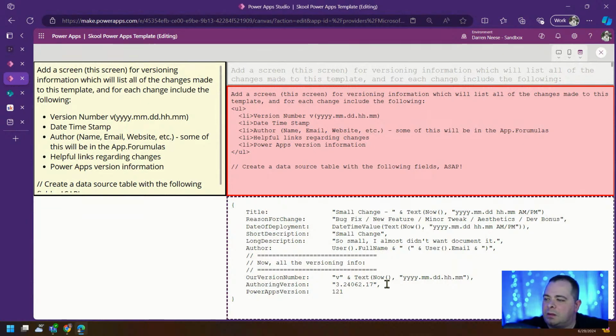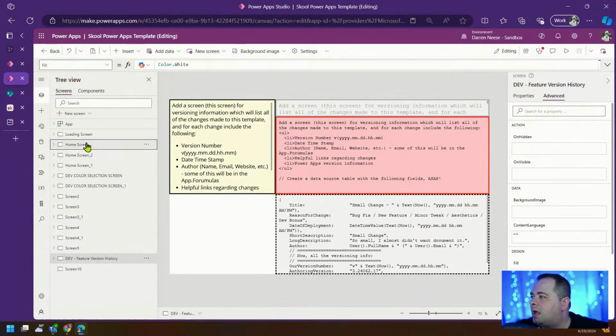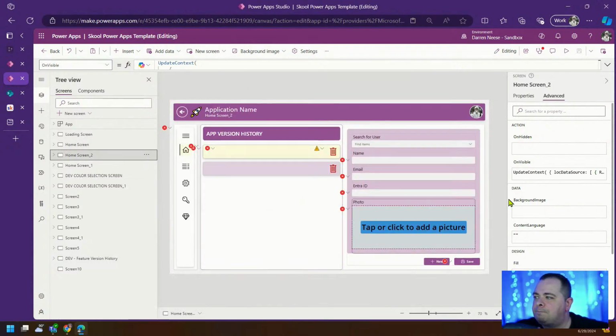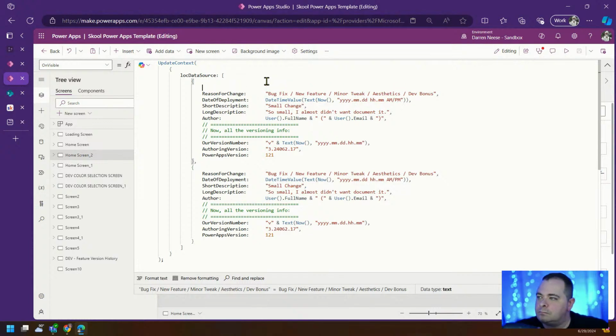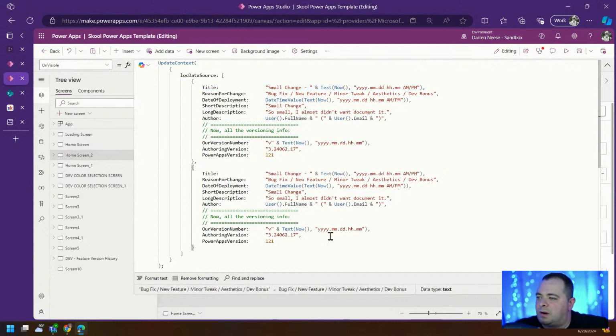Okay, so that was it. So I need a comma at the end. So I'm going to copy that, go over here, and in the on visible, we're going to add it. Oh, there we go. And of course, both these records are going to have the same exact information in there,